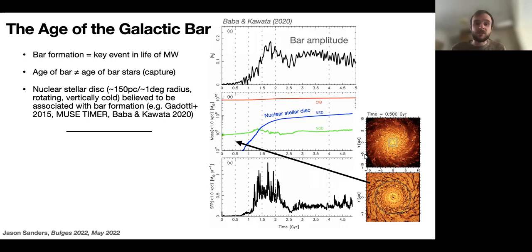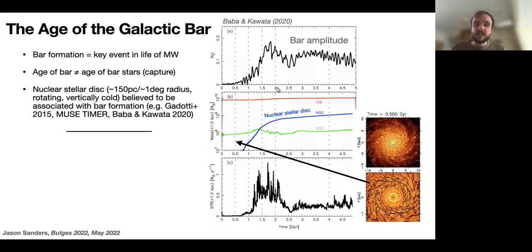And that structure I'm going to focus on here is the nuclear stellar disk. The nuclear stellar disk is a highly flattened structure within the inner degree or so of the center of the Milky Way. It seems to be rotating and it's very vertically cold. As recently highlighted by Barbara and Kawata,